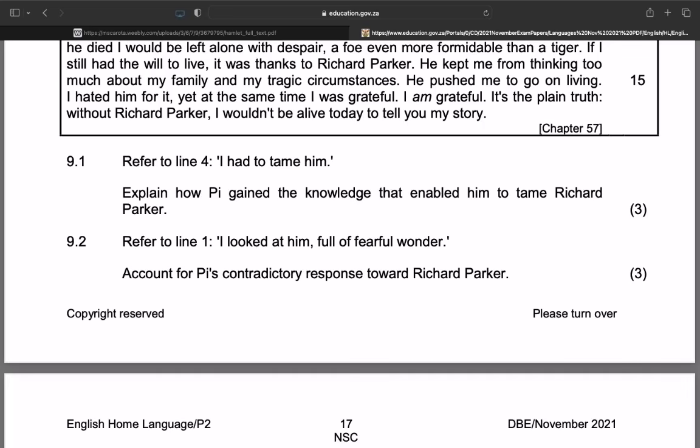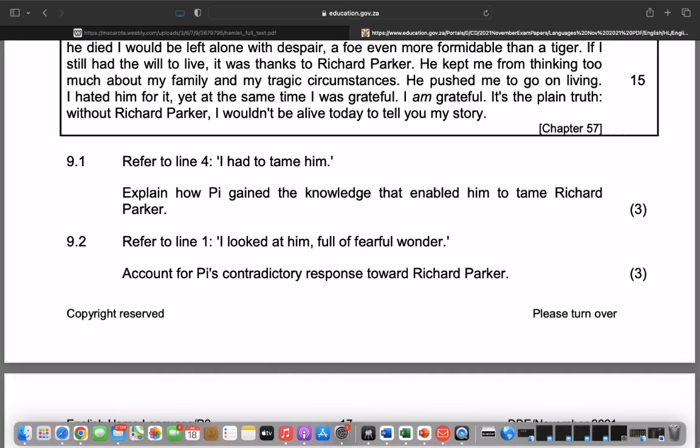And Pi's father, Mr. Santosh Patel, found this very dangerous, because according to him, an animal is not your friend. Because of his developing a deep sense of love and knowledge at the zoo, spending time observing the animals, understanding territorial nature and flight distance, he was able to coexist with Richard Parker. He was able to tame Richard Parker. So you have to mention that because of what happened and because of his influences, this enabled him to tame Richard Parker. Okay, very, very easy question that.